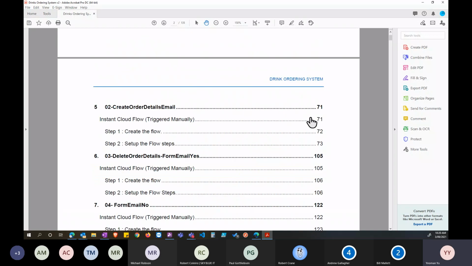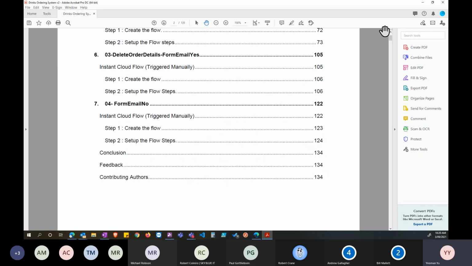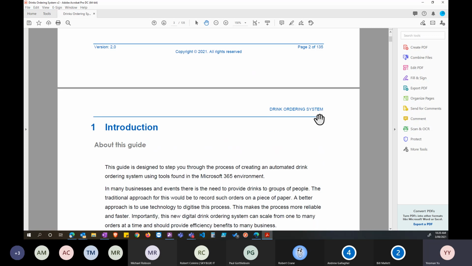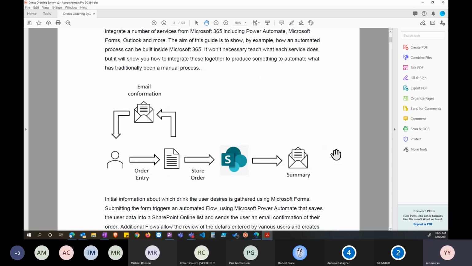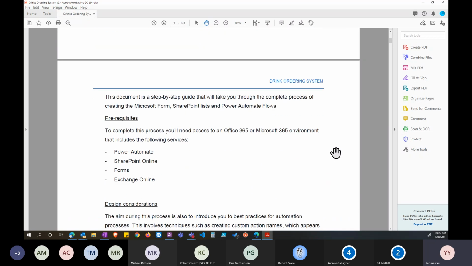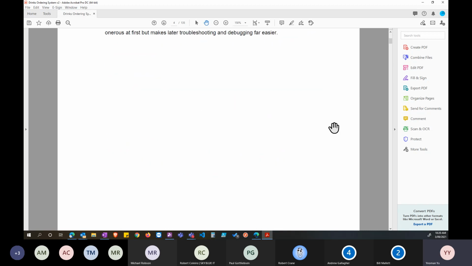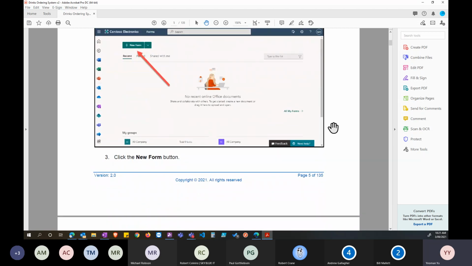So in here is a comprehensive instruction manual that, believe it or not, I followed last night, and now I do have a little bit more experience of doing this, and it took me about 2 to 3 hours to recreate. Now, if you think about it, someone who can follow this guide could potentially within a day build a fully functional system. As a business owner or someone who owns a cafe, if they could follow instructions like this, which are very guided, you can build your own ordering system within a day.